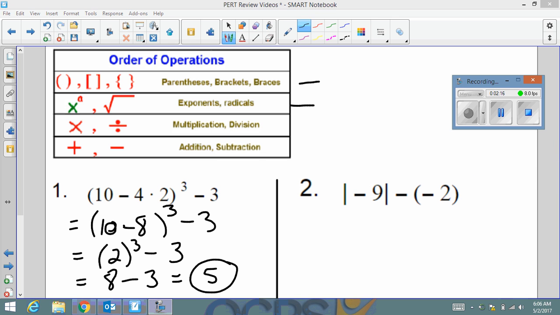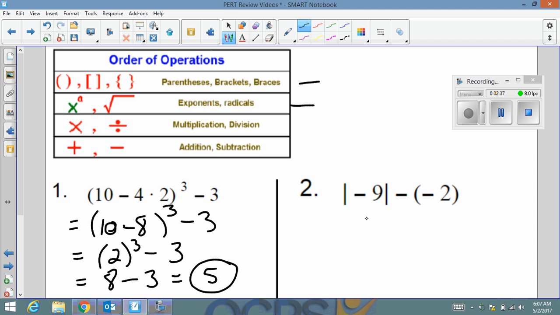Looking at number 2. This time I have some absolute value. So my absolute value of -9. Remember, absolute value means the distance from 0, and basically what it does is it changes it to positive. So there's nothing to actually do on the inside. Now I'm going to evaluate that absolute value. So absolute value of -9 is 9